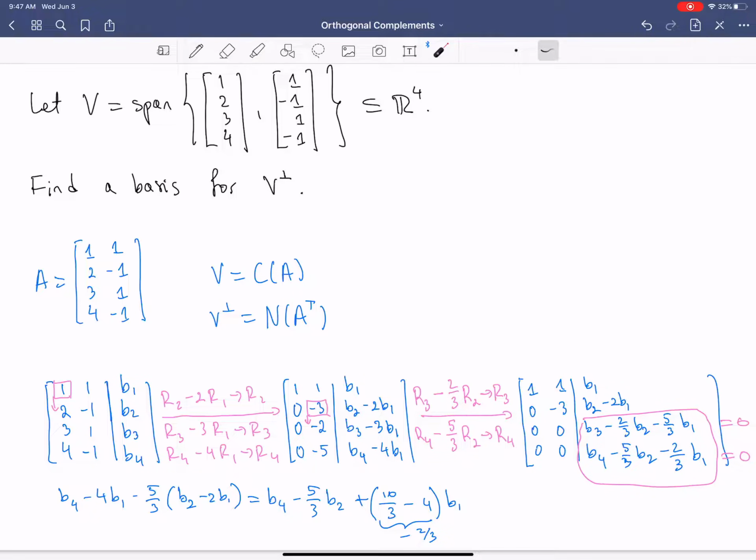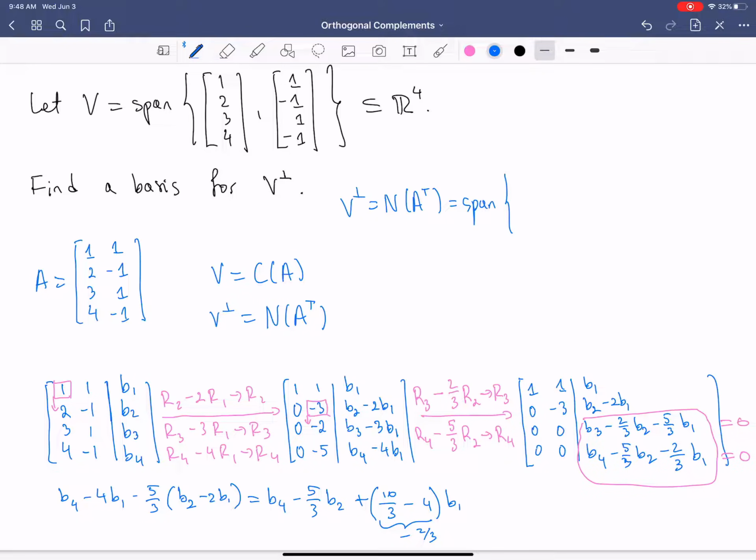So the vector b must have components that satisfy these two equations to have a solution. So how do you find the vectors for the basis of the left null space? Now the left null space, which is V perp, is the span of